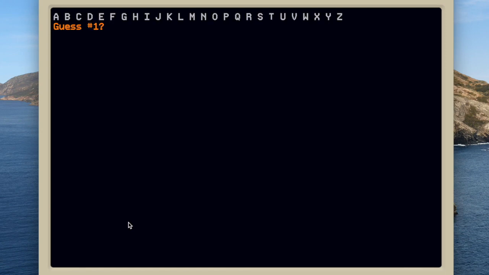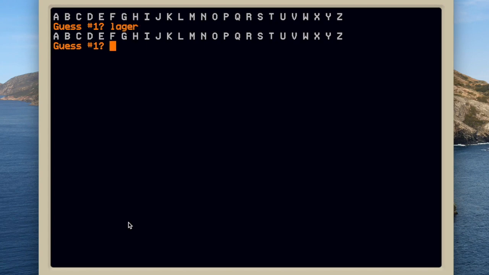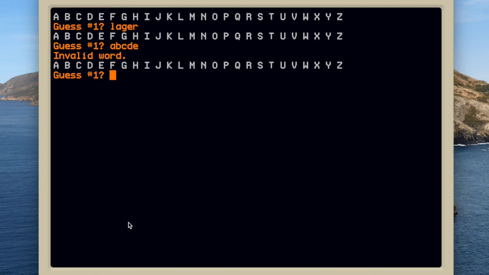All right, so guess number 1. If I were to guess a real word like logger, it accepts it. But if I guess A, B, C, D, E, invalid word. All right, that's working so far. So hit Control C,